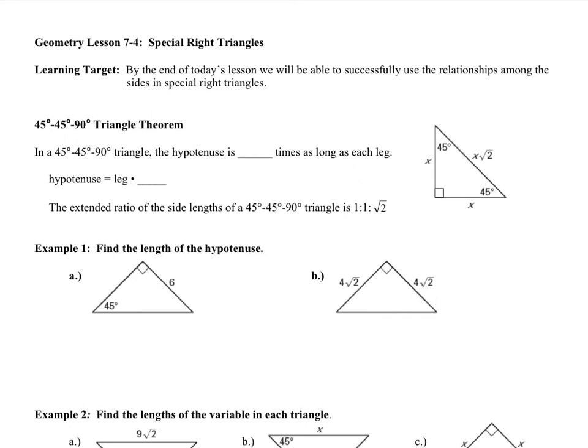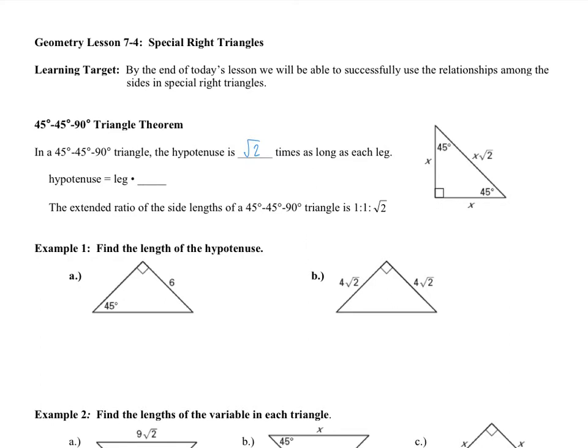Lesson 7-4, Special Right Triangles. By the end of today's lesson, we will be able to successfully use the relationships among the sides in special right triangles. The 45-45-90 degree triangle theorem states that the hypotenuse is square root of 2 times as